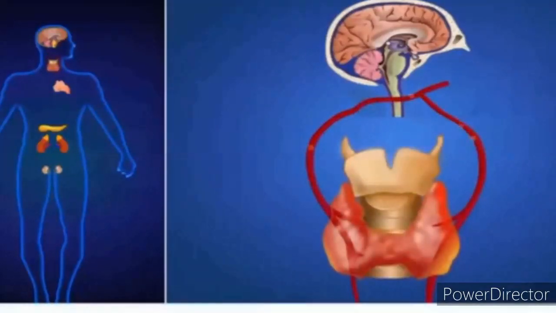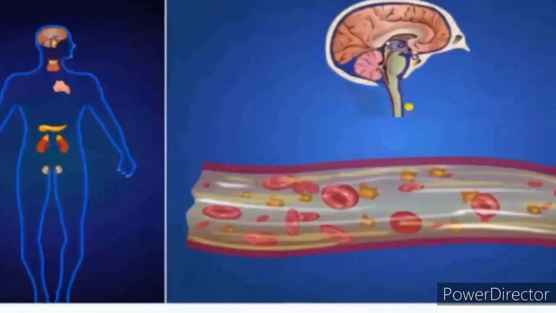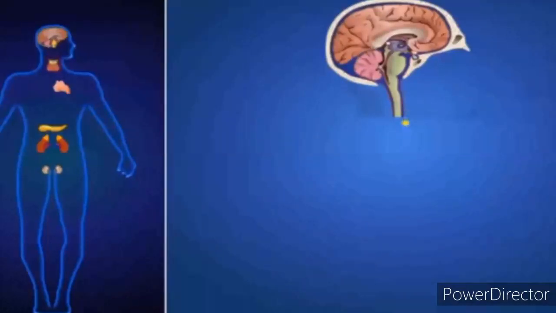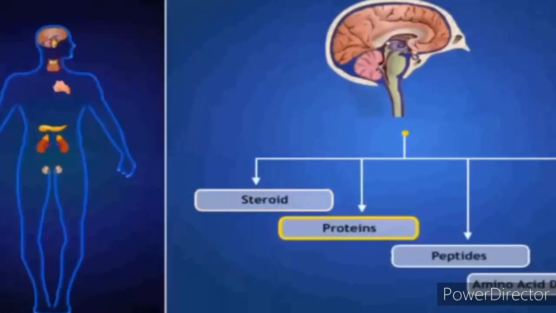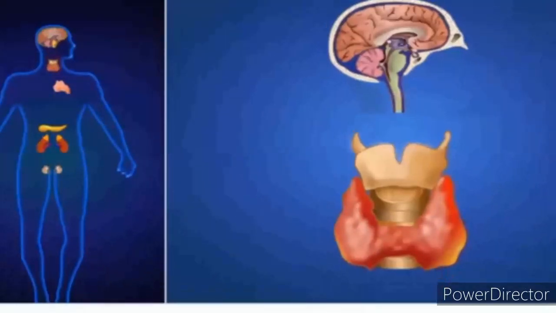They are secreted in minute quantities. They are poured directly into the blood and carried by blood circulation. They may be steroids, proteins, peptides, and amino acid derivatives. They act on target tissues or organs that are located far from the site of production. They are target specific. They are not stored and, except thyroxine, have high specificity.